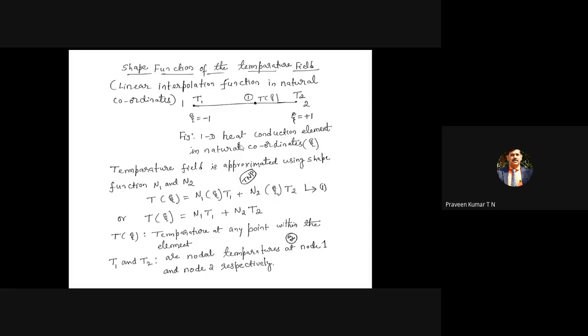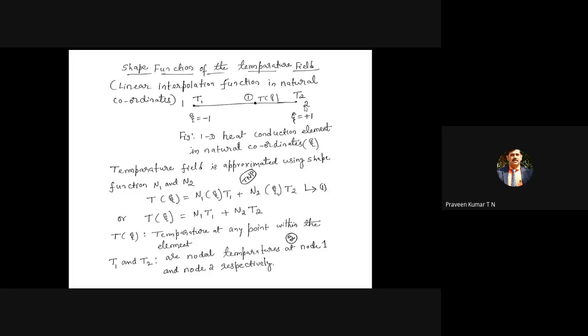Normally it is referred to as the field variable. There is only one field variable for a heat transfer problem, that is, temperature. So there is only one field variable at node 2, again the temperature T2. It is exactly similar to the finite element analysis of the bar, where node 1 is having only 1 degree of freedom or only one field variable, that is Q1. In the similar way, node 2 is having only 1 degree of freedom, that is Q2. In the similar way, we have T1 and T2 as the field variables or degrees of freedom.